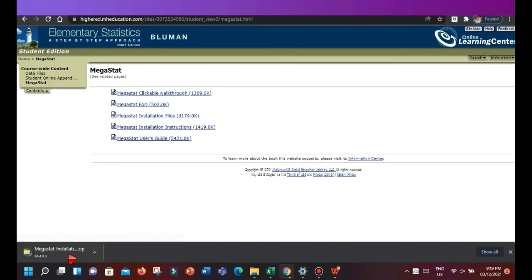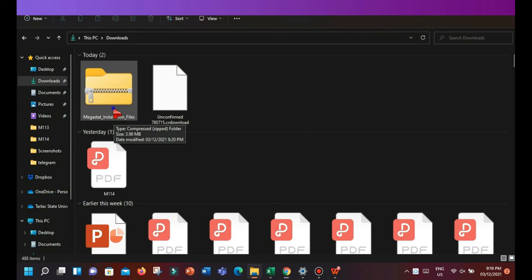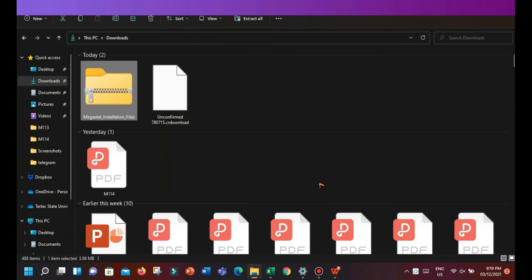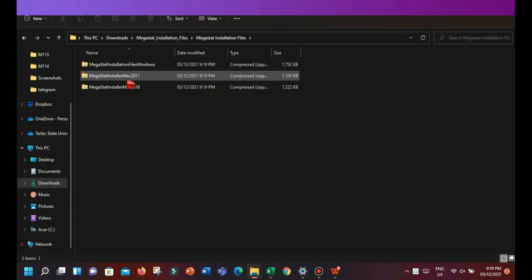So, ayan, downloading na. So, kanina may na-download na ako. Ayan siya. Ang gagawin natin, right click. Tapos, extract all. Tapos, extract. Tapos, may magbubukas na new window. Open lang natin. Tapos, may makikita ka dyan yung for Windows, for Mac. So, dun lang tayo sa for Windows kasi Windows